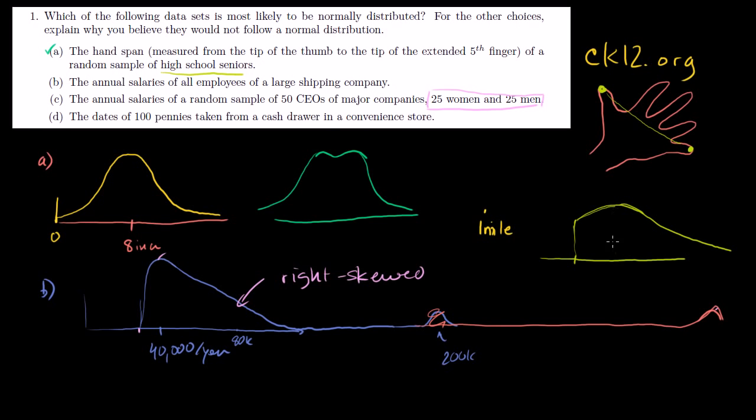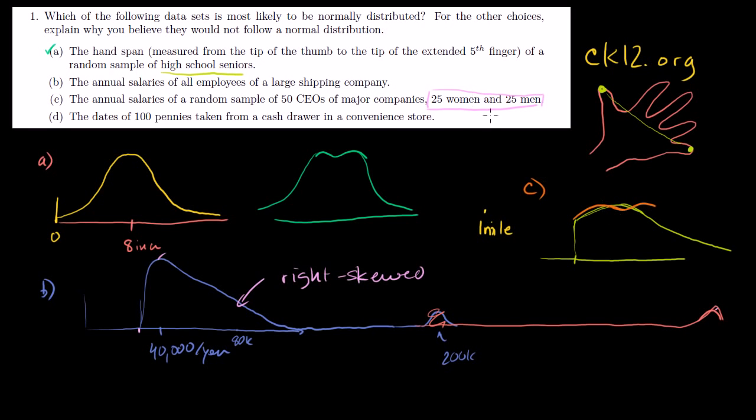And this is if there were no gender gap. So this would just be a purely right skewed distribution where you have a long tail to the right. Now, if you assume that there's some gender gap, then you might have two humps here, which would be a bimodal distribution. So if you assume there's some gender gap, this is part C right here, then maybe there's one hump for women,